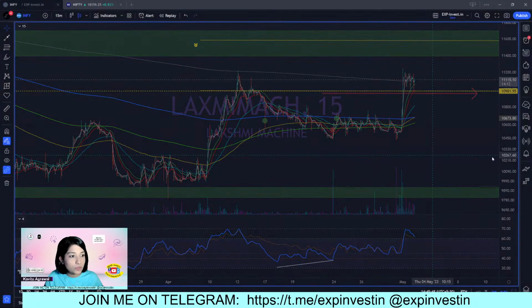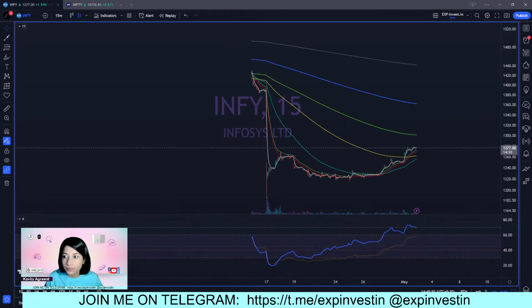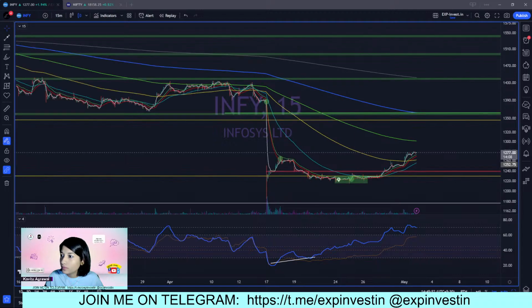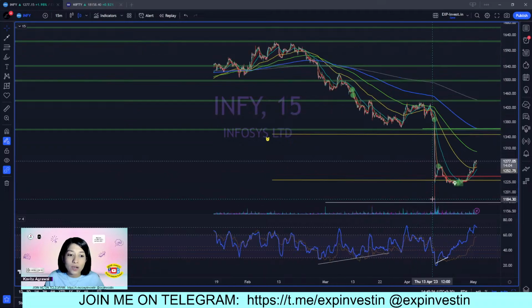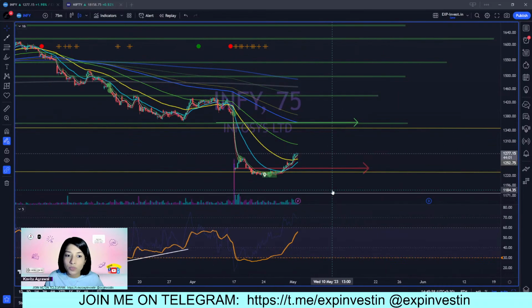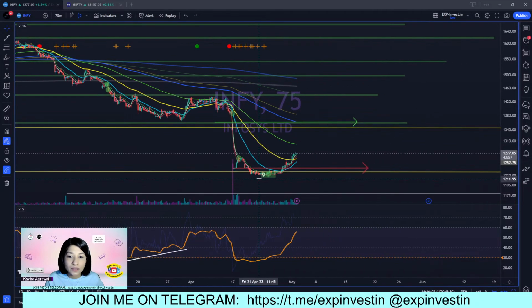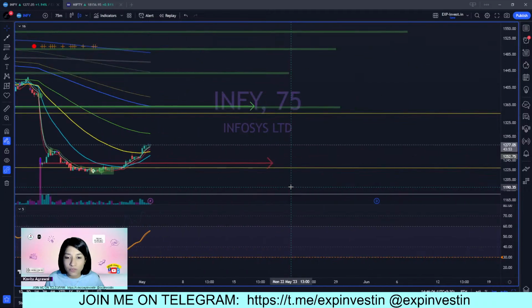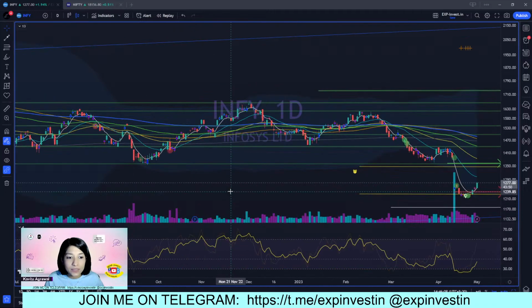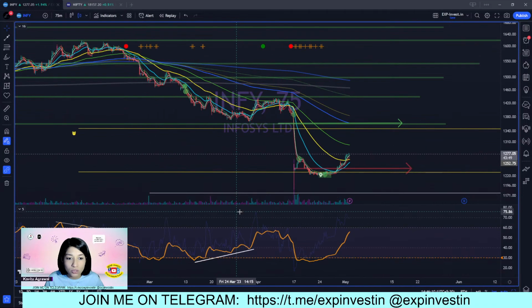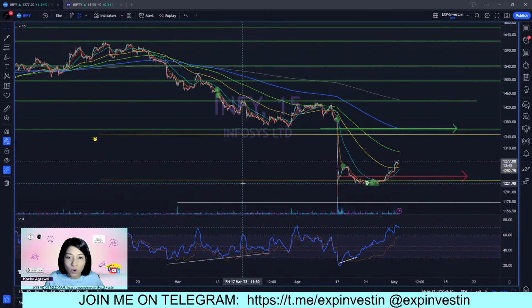So let me move to Infosys. Infosys, I really believe, Manohar ji, is coming out of a massive bottom. And you can see this white pin. This is where I have recommended purchasing Infosys to my members. And this momentum looks pretty strong to me, though I do believe there will be a small pullback.